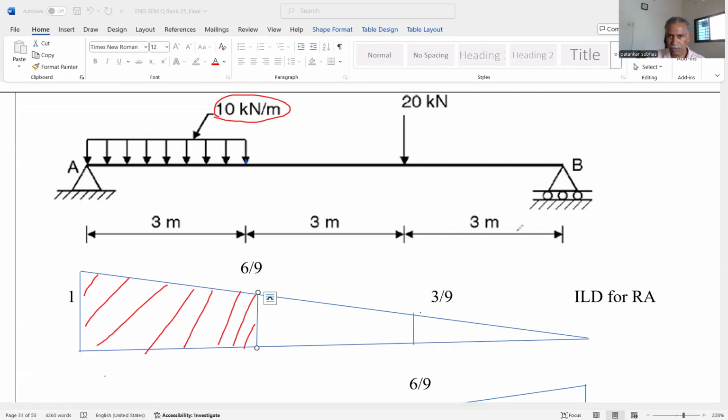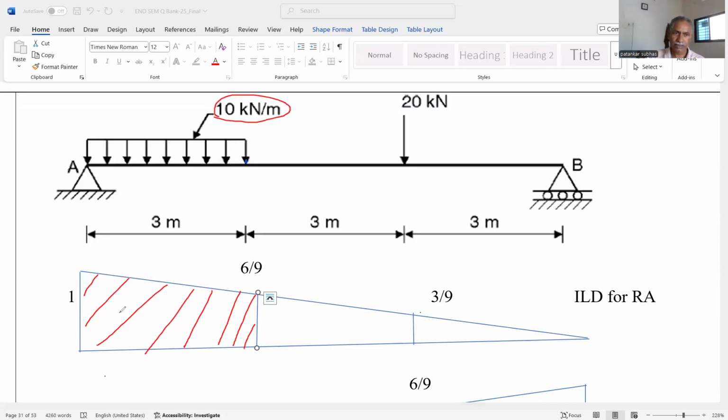This is 3 meter, total is 9 meter. That means it is just the ratio of the lengths. This small height is 3 and total height is 9, so 3 by 9. This is 6 meter and total span is 9 meter, that's why 6 by 9. And this one, that is 9 meter divided by 9, that's why it is 1. Okay. Similarly, for the